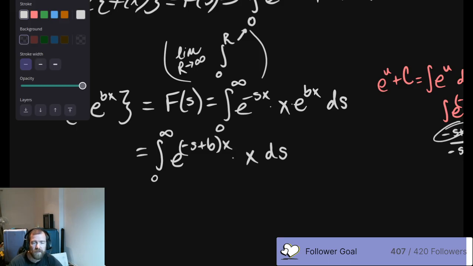Yeah, that's true. You can use power series. Most of the time you're not using power series because we're just trying to find out what the Laplace transform itself is. So yes, you could go with a Taylor series expansion, that sort of thing.